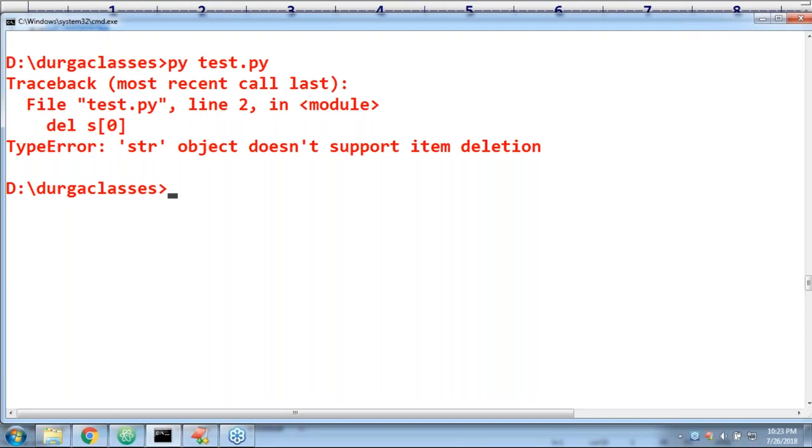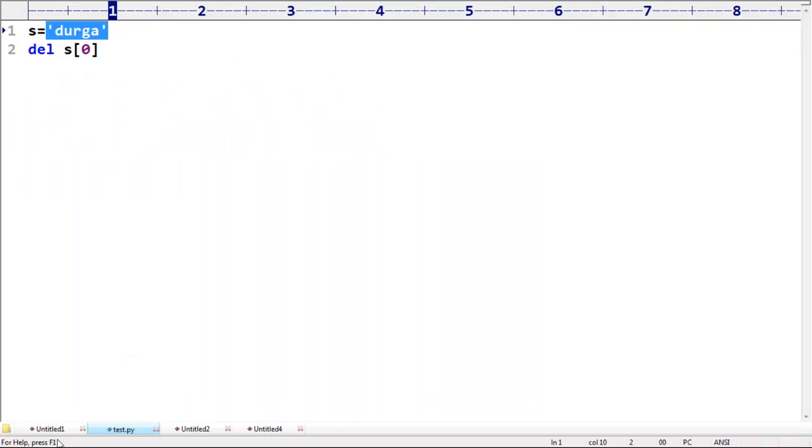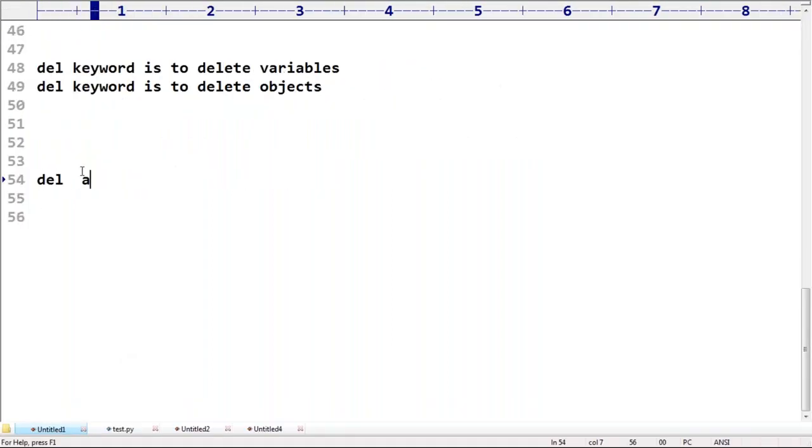Okay. Next, one more very important point I have to discuss. Sometime, somewhere I saw one line. Sir, the del keyword I saw, and None also somewhere I saw. What is the difference between del s and s is equal to None? What is the difference between these two things? Anyone, can you please confirm?